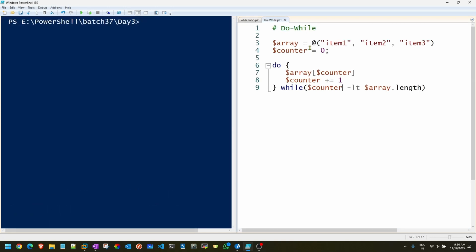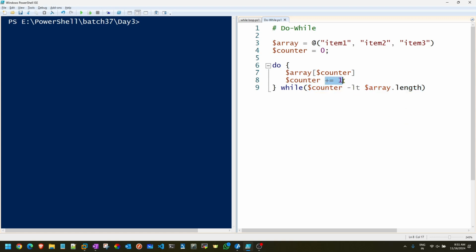So our next loop is the do while loop. Here also I have done a similar thing. I've created an array with 3 items in it and I initialized one counter variable. And I'm running the loop over here. So do while, what it does is basically no matter whatever the condition is, it will run the entire loop minimum 1 time. So it is going to print the data, then print the array element, then increase the counter by 1. At least minimum once this will happen. After that it will verify what exactly the condition is.